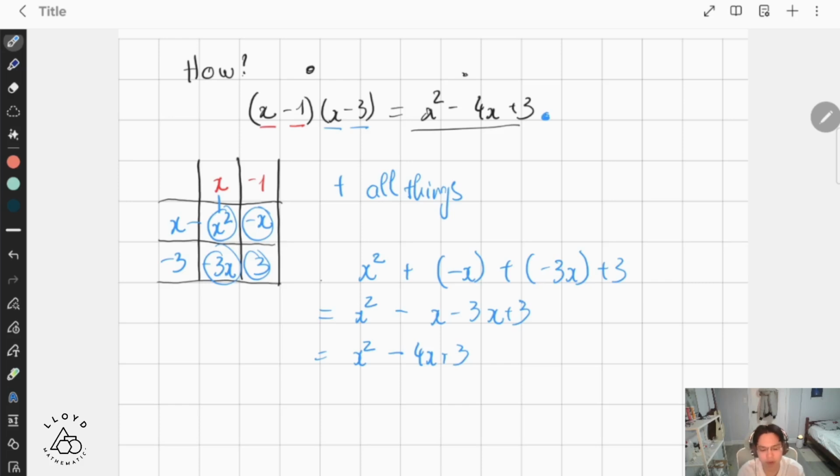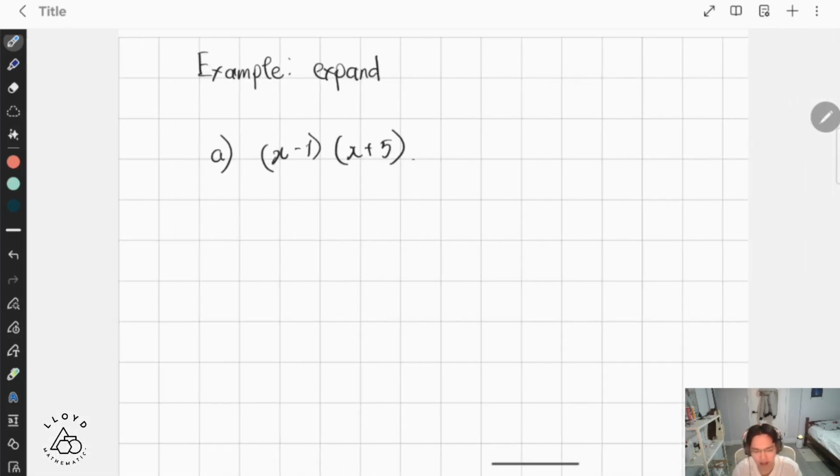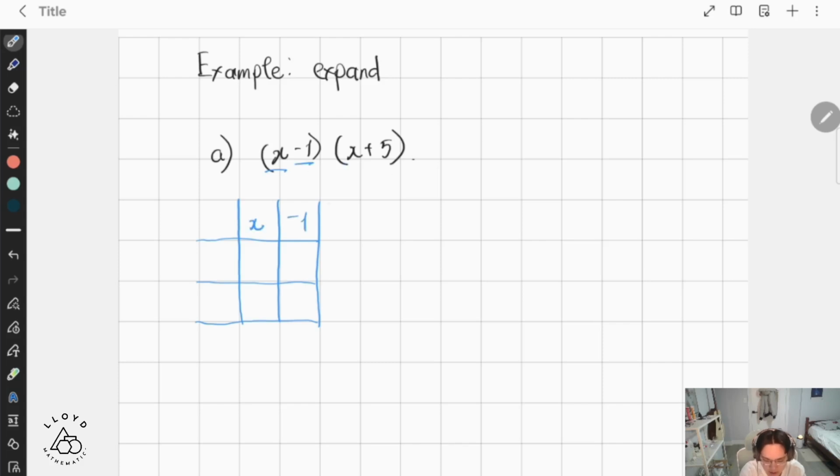So just remember, we put all things into this kind of table, and we multiply each number in the correct column and each row. And after that, we just add all things together, and then we get the exact number that we need to calculate. So try some example, expand this kind of equation. So just put the same kind of table. The thing here, x, I put x, here -1, here x,